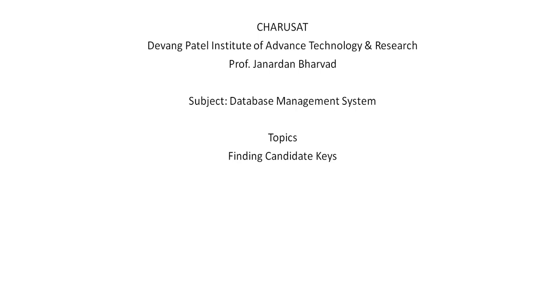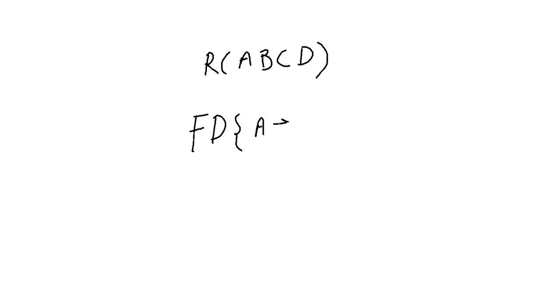So today's topic of discussion is finding the candidate keys from the relation, and the subject is database management system. So let me take one example, in which there is a relation with four attributes, that is A, B, C and D. If we want to find the candidate key, first we have to see which functional dependencies are there. So in this table the functional dependencies are A to B,